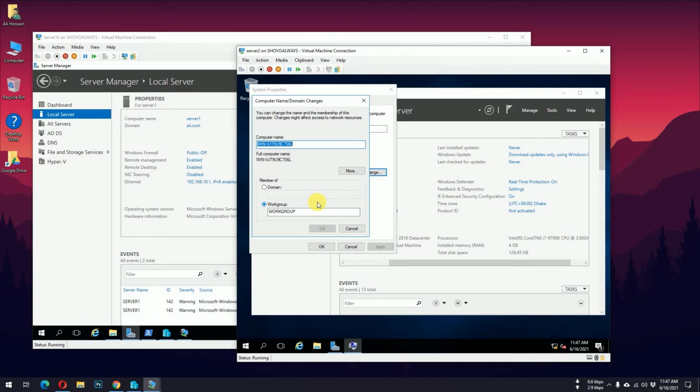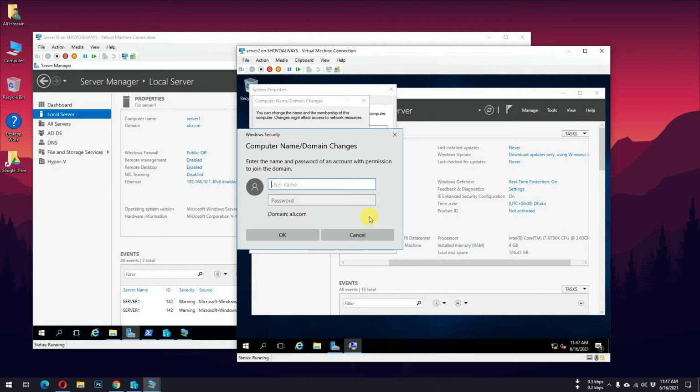I want to do two things at a time. Number one is I want to change the computer name, as well as I want to join the new domain. So what I will do, I will write here server 2. This is to show it's actually server 2, and I want to add here a domain, and my domain is actually ali.com. So I will place the domain here, and then I will click OK, and I need to wait a bit. It should be checking every single thing.